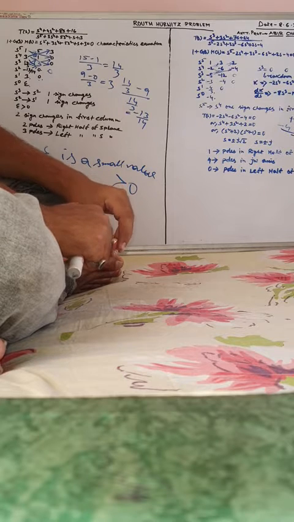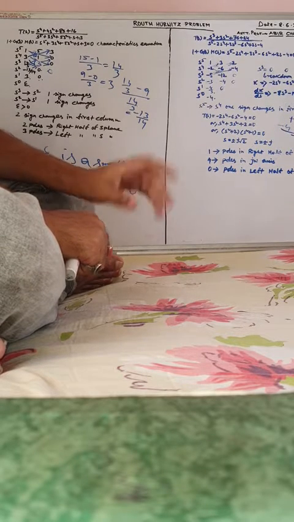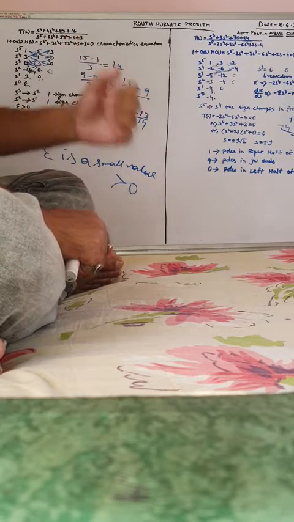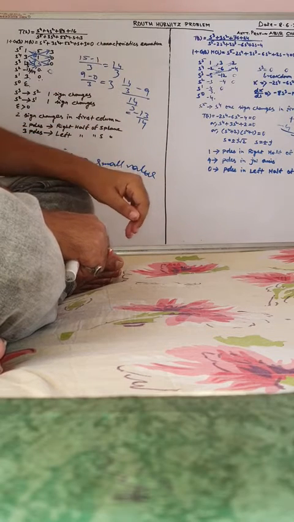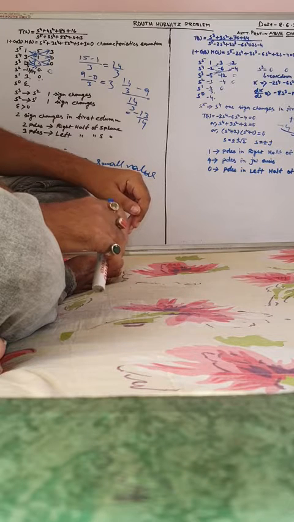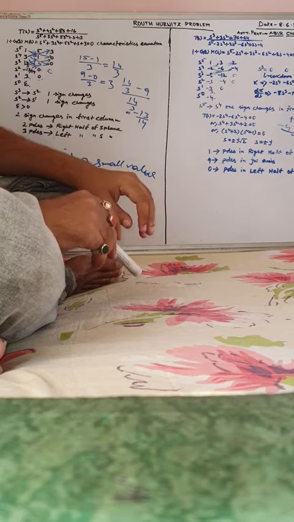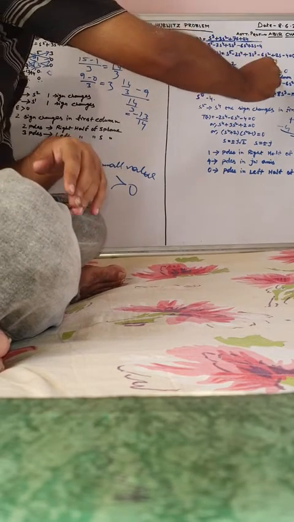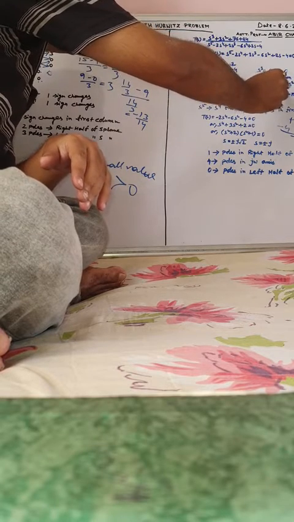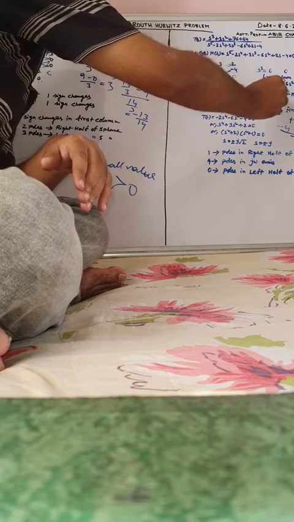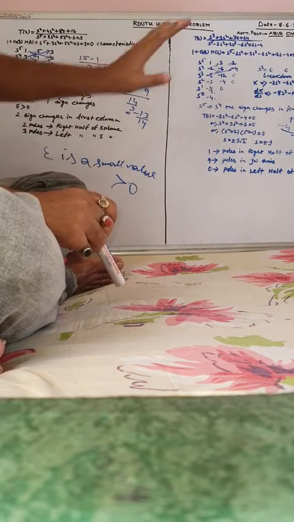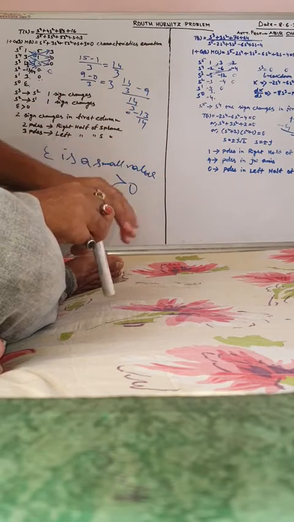If breakdown happens, go to the previous row. If in any particular row the breakdown happens, go to its previous row and take the first order derivative of that row. You will get the corresponding coefficients of its next row. If I do the first order derivative of this, I will get minus 8s cube minus 12s. So this is the coefficient of s cube and this is the coefficient of s. If breakdown happens, do it like that. If no breakdown, then there will be no problem.